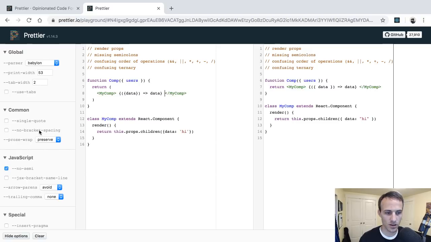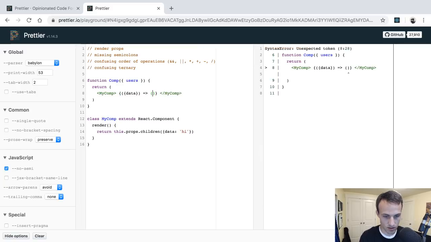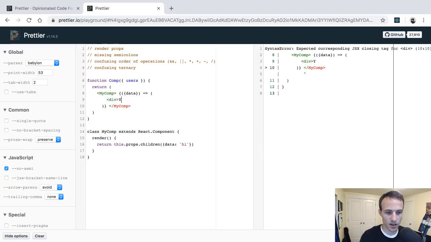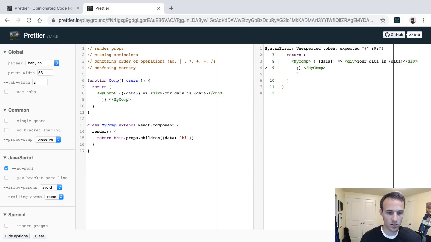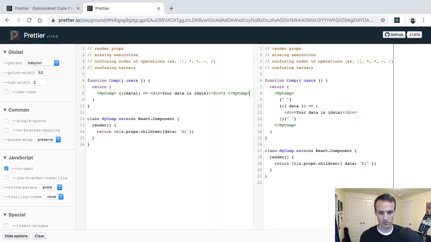And here, let's see. I need to make sure that this formats in a certain way so it reveals it. Normally your stuff is going to be a fair amount longer than this. So we're going to say div your data is data. There we go. Okay, so yeah, actually, if we just do this all in one line here,